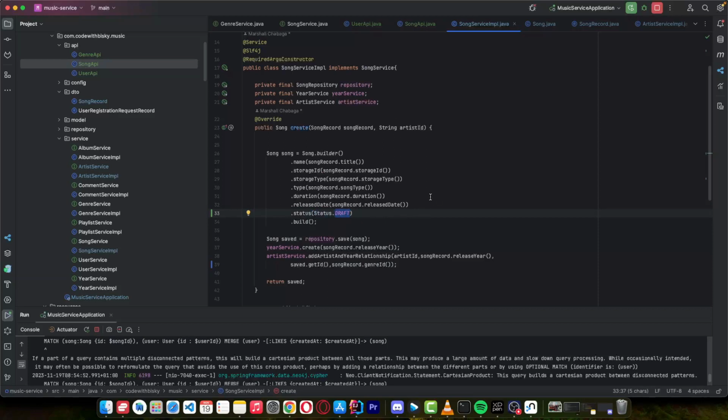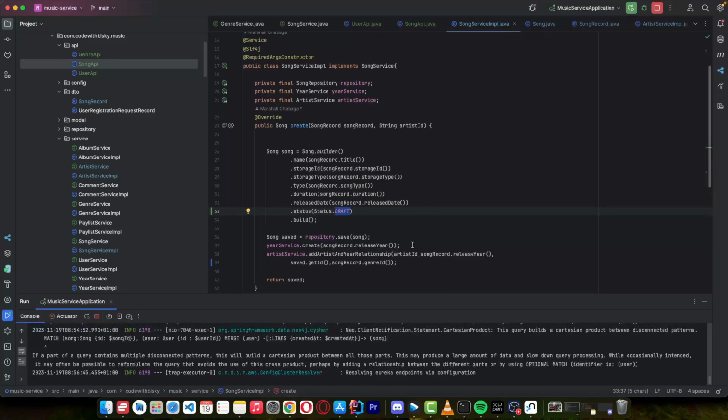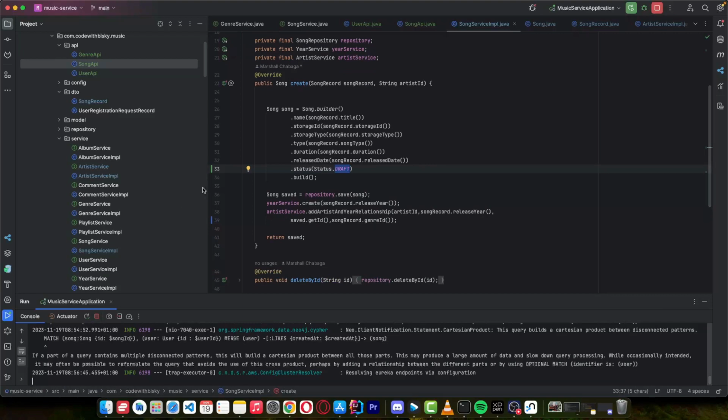So we would have that implementation later for moving from one state to another, and also to update some of the song details. I was more focusing on the creation part. So we fixed one thing here. So let's go to the